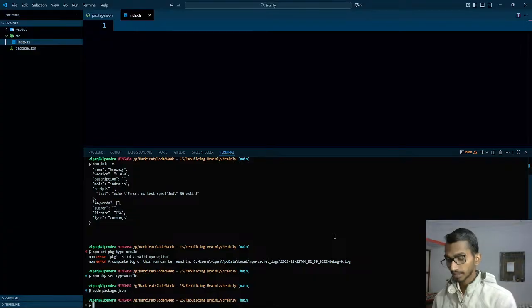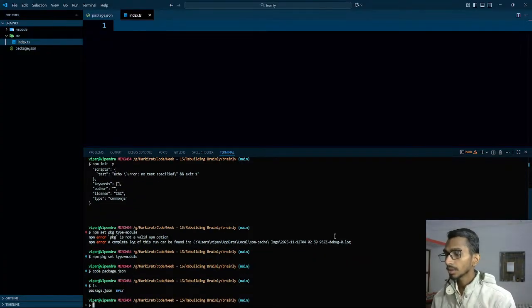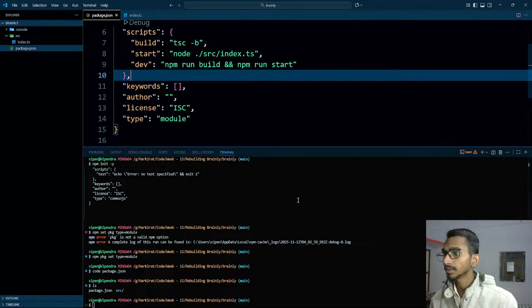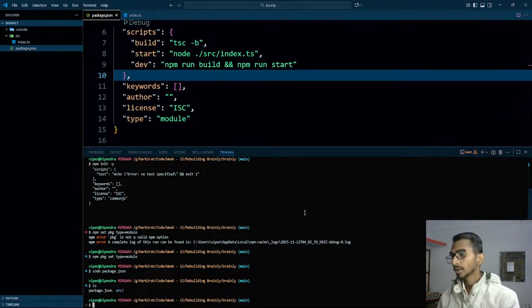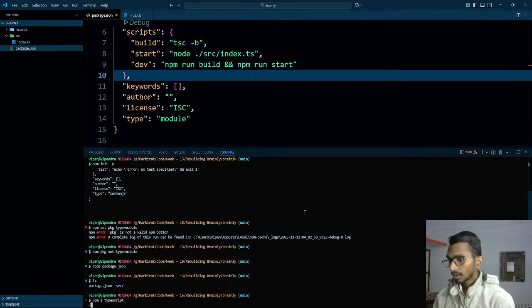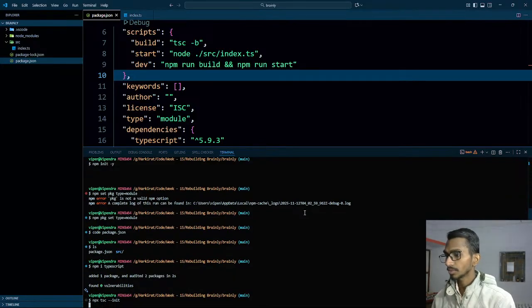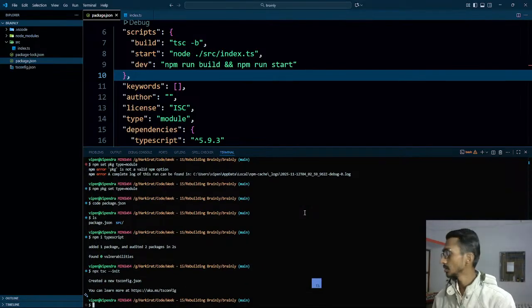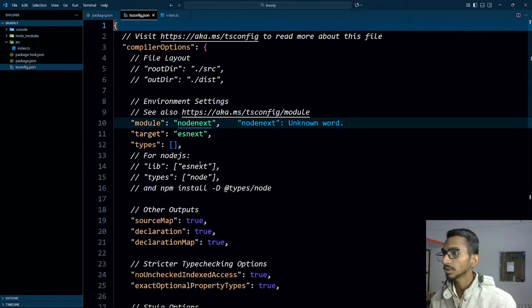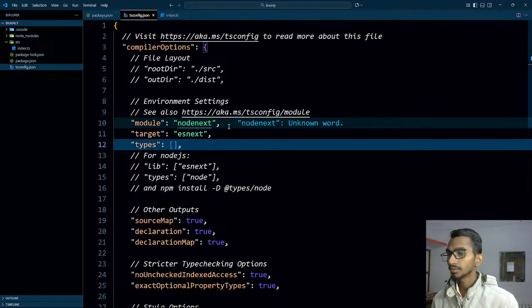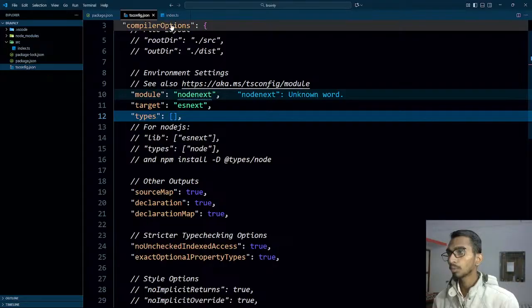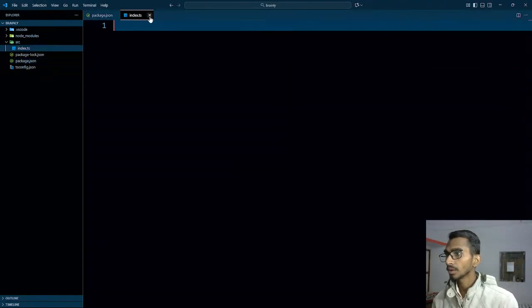And there's a problem that I haven't installed TypeScript yet, so ls package, does it have TypeScript? It doesn't. It does not have any dependency right now. So npm install typescript, let's do it. We have installed TypeScript, then npx tsc --init, we have to initialize TypeScript. TypeScript is initialized and we have this ts configuration in here. So this thing is done.